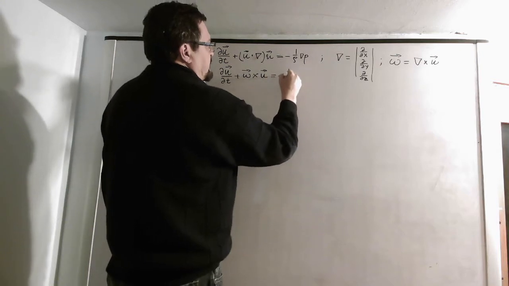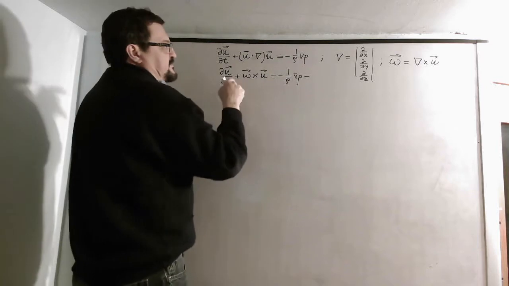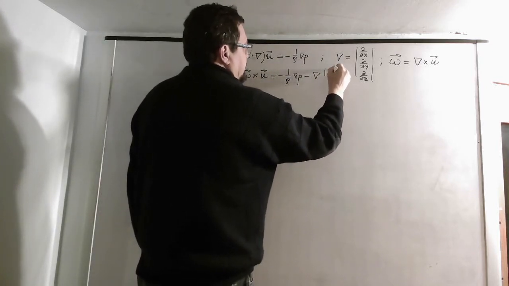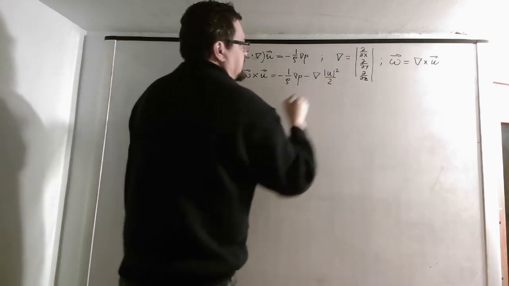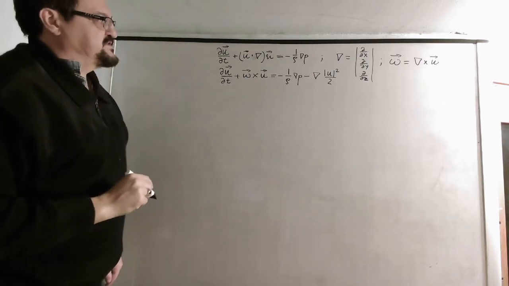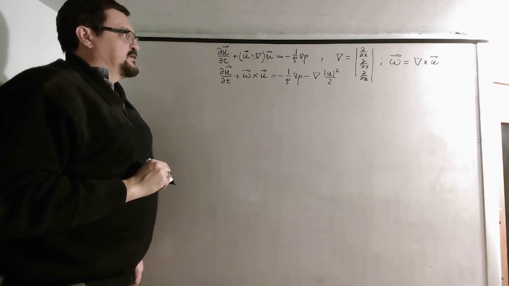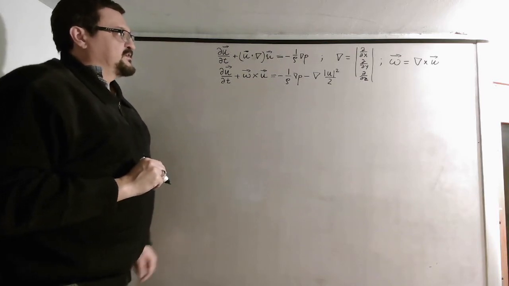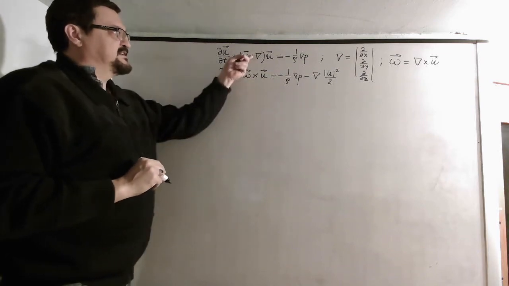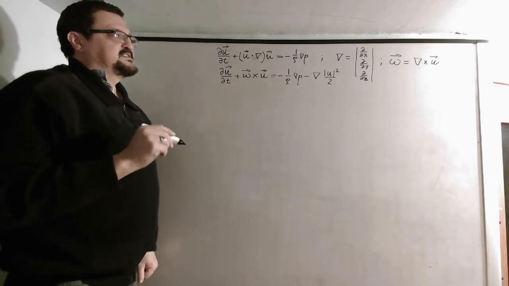Equals minus 1 over rho gradient p. And actually here we have another term because of this. It's a gradient of the velocity vector squared divided by 2. So without density, it's basically like kinetic energy. So gradient of kinetic energy. Now we don't have all this d/dx, d/dy explicitly. We need to know the vorticity vector. And vorticity, how